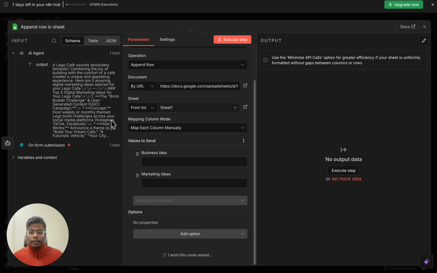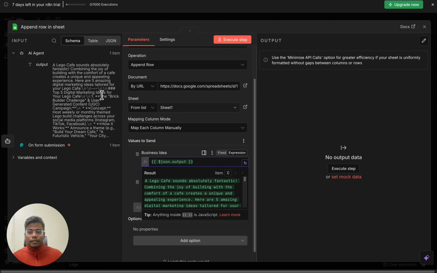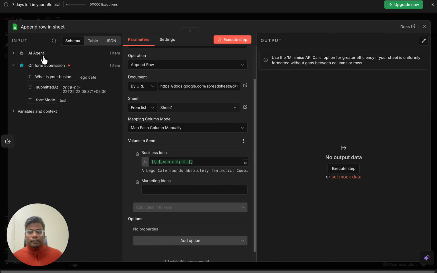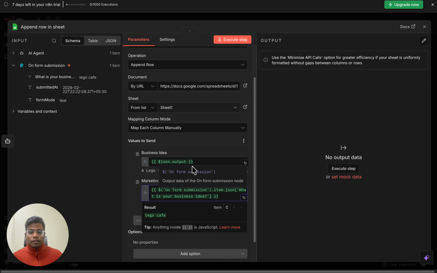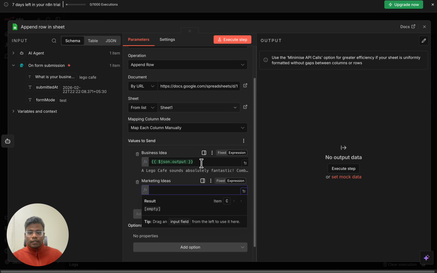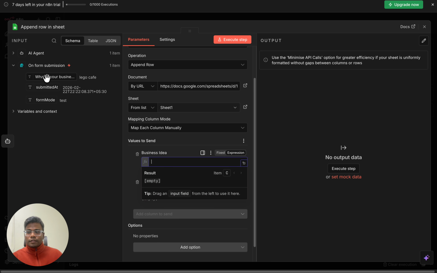previously, and it's going to allow me to save or store whatever I've got in the previous section. So I can store the output, and I'll drag and drop from the left side. And also, because I can use the previous node's information, I'm going to drag and drop from form submission and save that over here. Oops, looks like I've done it actually the wrong way. So I'm just going to swap these. Let me just do that again quickly. So the first is the business idea,